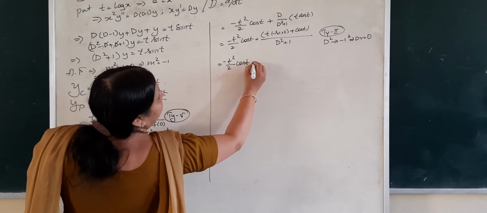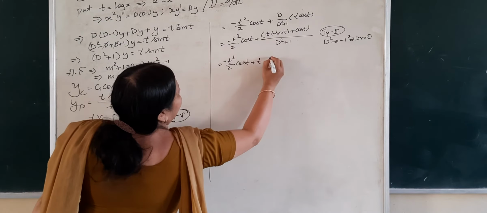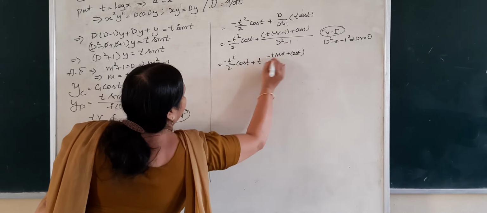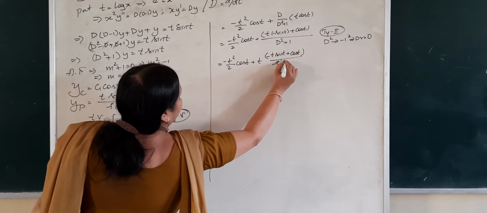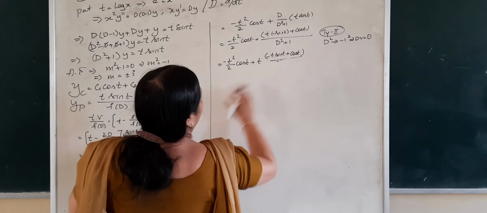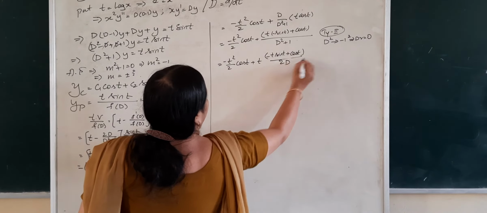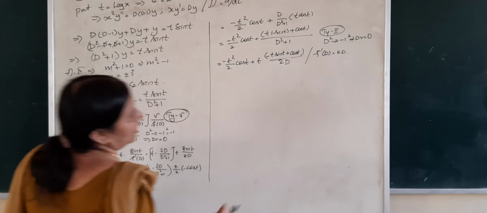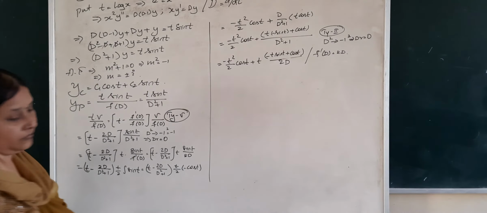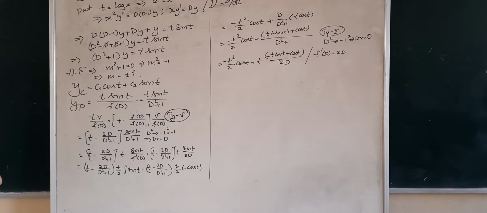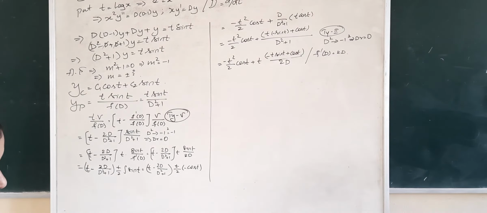So minus t square by 2 cos t is as it is. This can be written as now t into, I am writing minus t sin t plus cos t is the same divided by f dash of d. Okay, so otherwise I can write directly f dash of d. How much is f dash of d here? 2d. I have mentioned here f dash of d is 2d. This is again the integral again. Okay, so it's better you integrate it, but there is a t there. Got it?